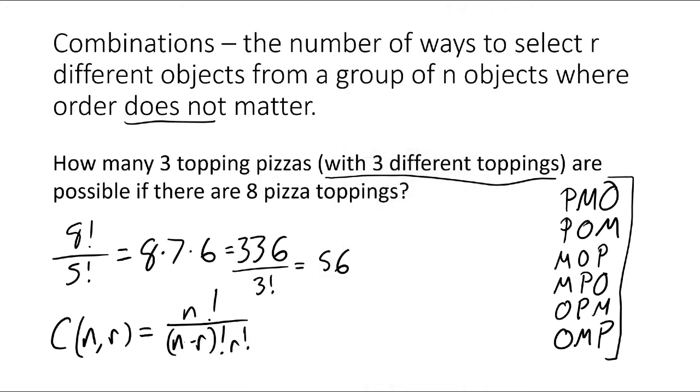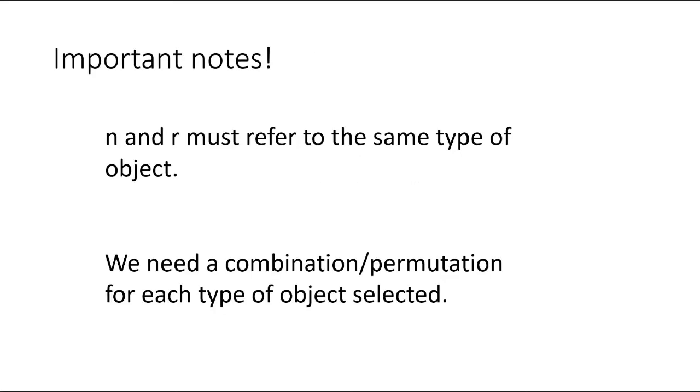Now, let's look at a couple of important notes. So these important notes are that N and R must refer to the same type of object. And I'll explain what that means here in just a minute, but it's really, really important. So I would recommend writing this down. So pause the video, write these two things down, because they are two of the most missed things in this